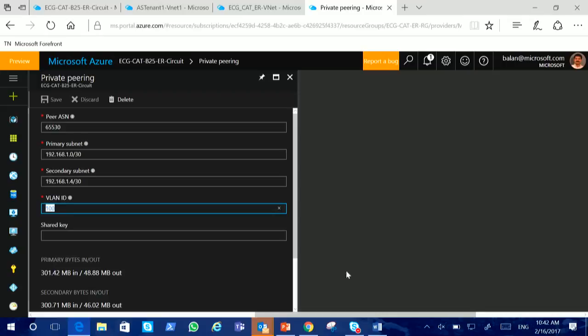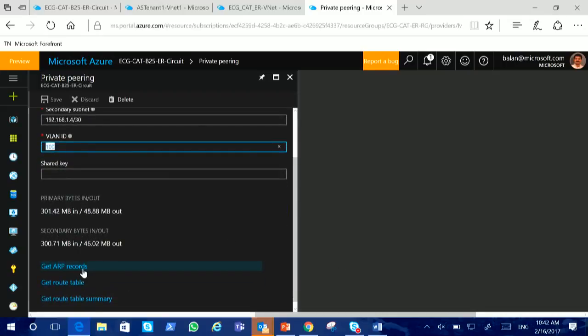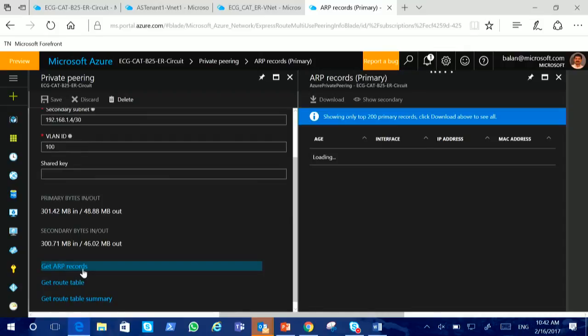Okay, how do I know that this is actually done? We have added support for making sure I am able to see the other side of your router from the Azure side. If I go to my circuit and look at the ARP table, it is going to take some time and populate the MAC addresses of the Azure side and also your side. When I see the MAC address, that means my connectivity end to end is good, right? It says your on-prem IP address of your router is this, I'm able to see that, and this is the MAC address you have on your router. And this is my IP and MAC address.